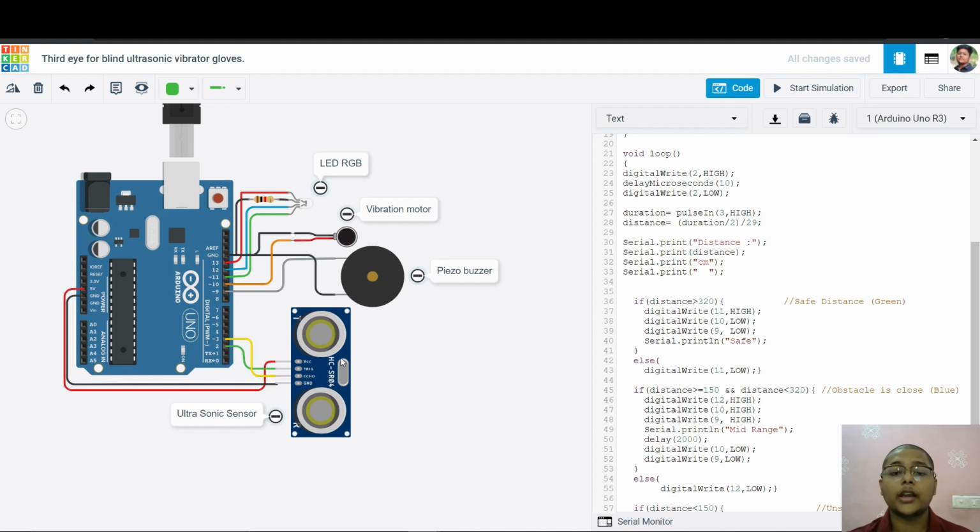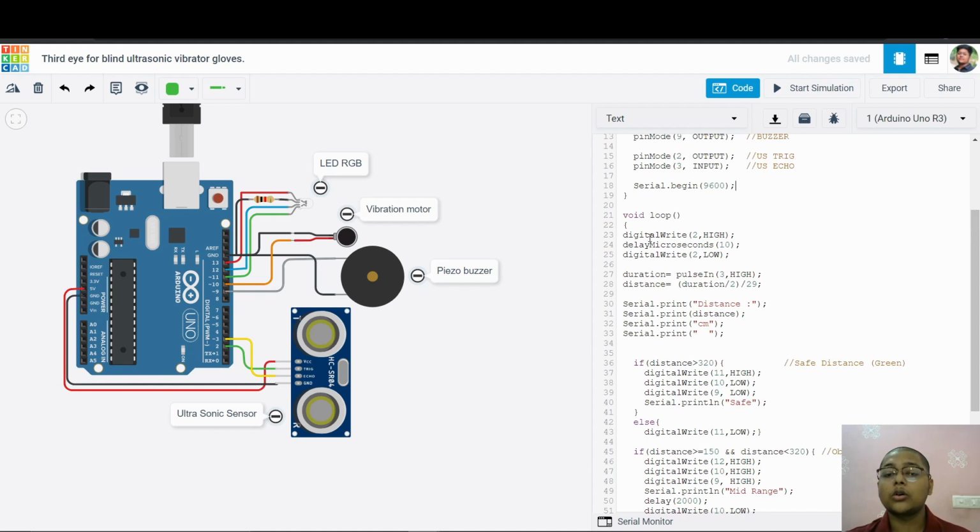We are sending an ultrasonic wave through trig, so we are writing digitalWrite to HIGH because we are sending the pulse. After that, we are taking a delay of 10 microseconds. Then we stop the trig, stop sending the ultrasonic wave through trig.